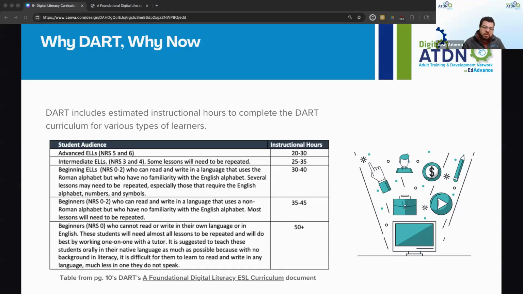So this instructional hour format is going to be how you apply technology or provide those opportunities for your learners to engage in different ways. So it's not just learning how to click, but knowing how they would navigate in different scenarios through different technology that you're using in the classroom.